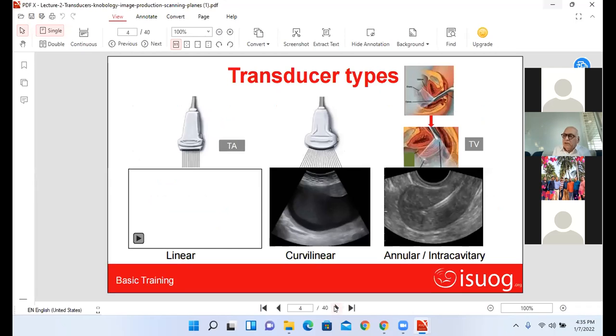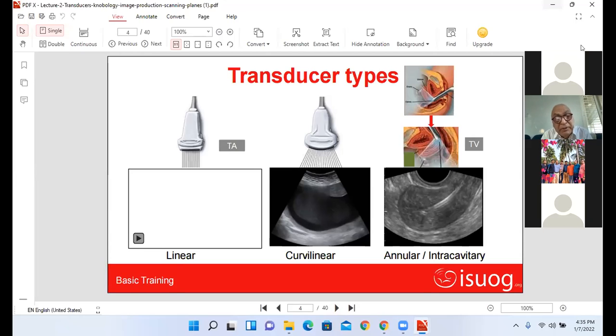I am very happy to learn from our director that many of the hospitals have got the HS40 machine from Samsung, which is a reasonably good machine, and you have 2 probes. One is a curvilinear and another one is a transvaginal probe. So we have different kinds of transducer types, but in this basic program there are so many transducers. One of our educators, Rabi Shavi, uses 17 probes. He has 17 probes of different applications.